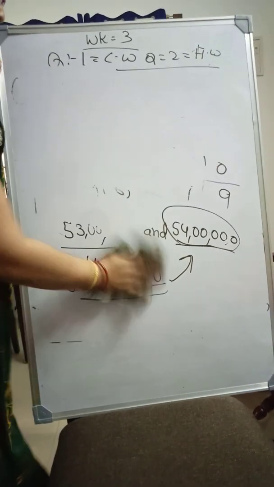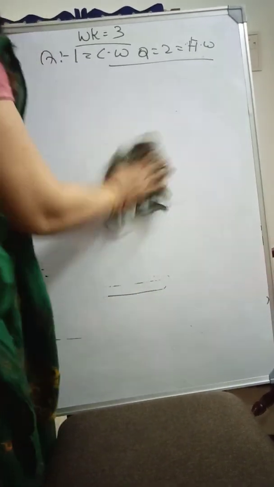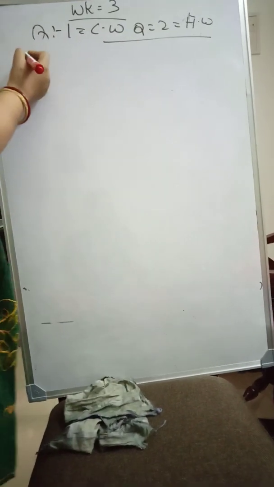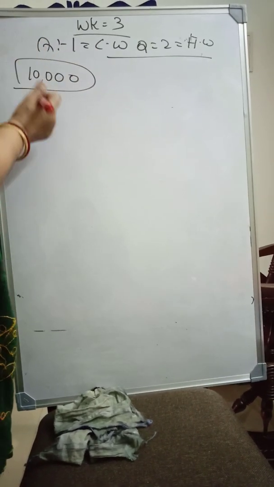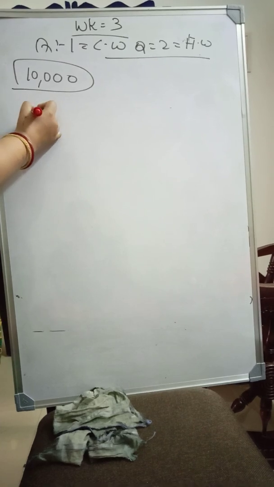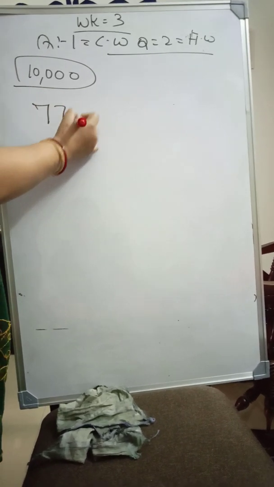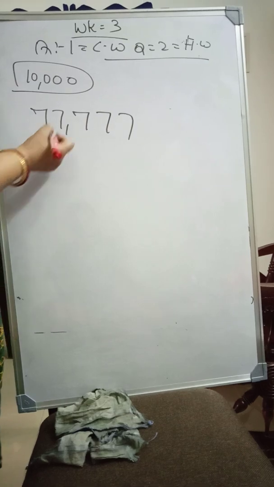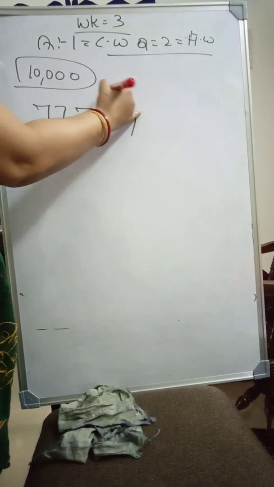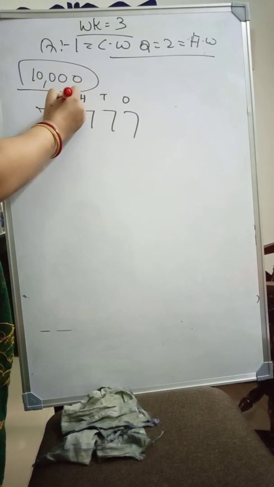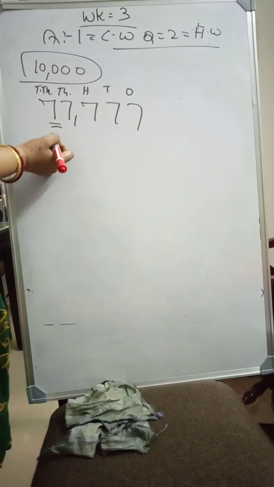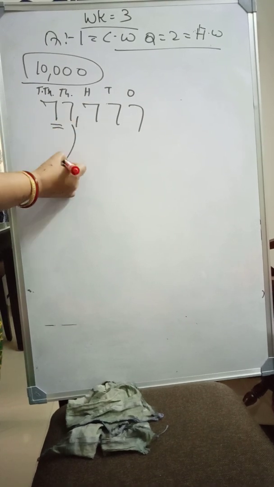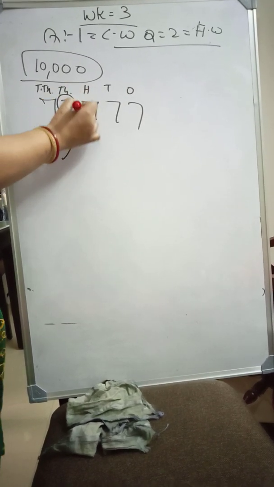Whenever you are going to round off to the 10,000 place, जब आप 10,000 place में किसी नंबर को राउंड ऑफ कर रहे हो, then फॉर एग्जाम्पल जब हम 10,000 प्लेस तक डिजिट को राउंड ऑफ करेंगे. लेट अस टेक एन एग्जाम्पल. फॉर एग्जाम्पल 77,777. ठीक है? अब इसका प्लेस वैल्यू चार्ट देख लो. वंस, टेंस, 100, 1000, 10,000. ठीक है? अब ये 10,000 के प्लेस को आपको राउंड ऑफ करना है.